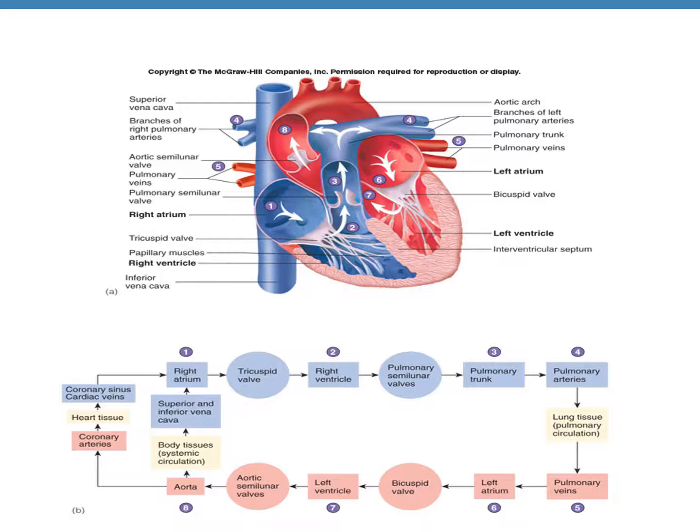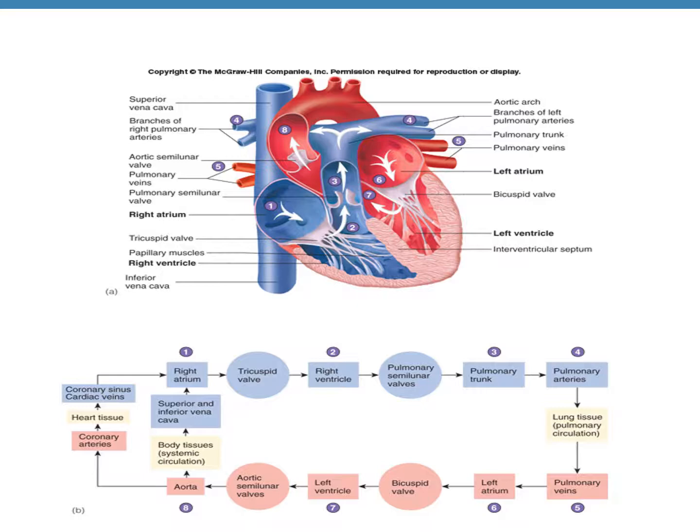Look that all the parts of the heart where the blood was deoxygenated are shown in blue by convention, and after it gets oxygenated, it is shown in red. So from the lung tissue, now 4 pulmonary veins bring the oxygenated blood back to the heart. Where exactly in the heart? To the left atrium. From the left atrium, when the left atrium contracts, blood moves through the bicuspid valve into the left ventricle.